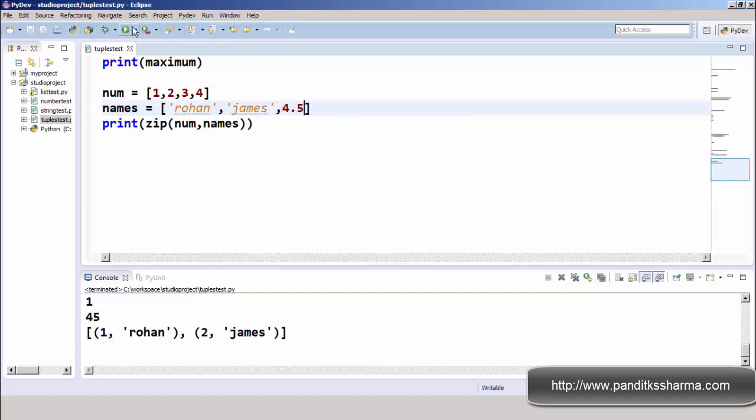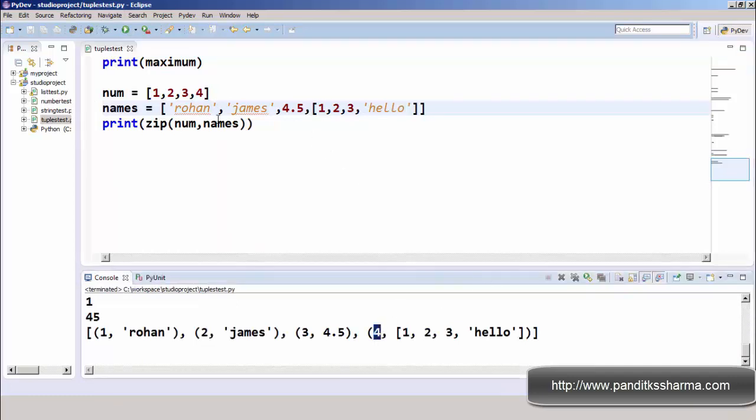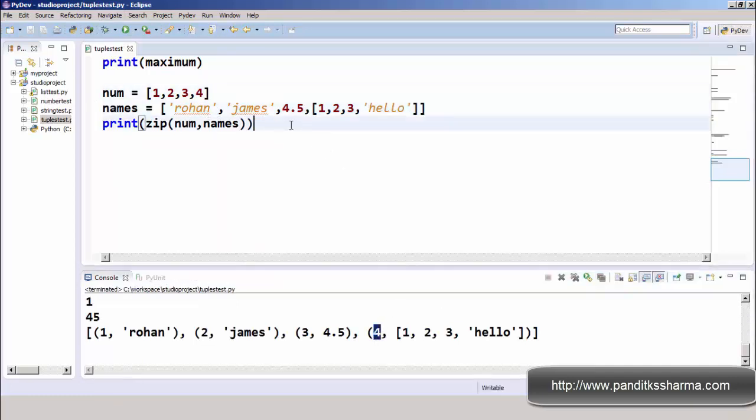Any number of values you can give here, no problem. 4.5. And I will insert one list, 1 2 3 hello. This is a list inside a list, so it will be assigned to the fourth element of the list. So this is very interesting, so you can use it wherever you require. Now have a look at how we can use tuples as a 2D array.